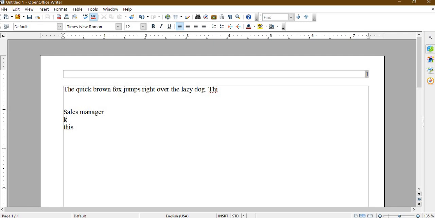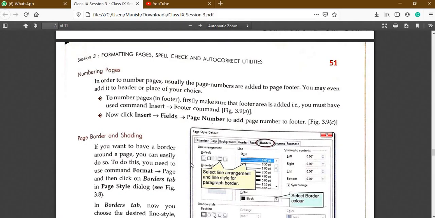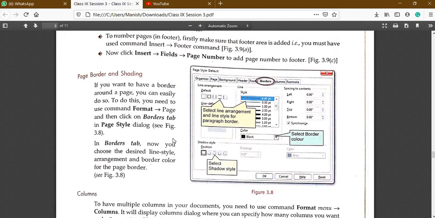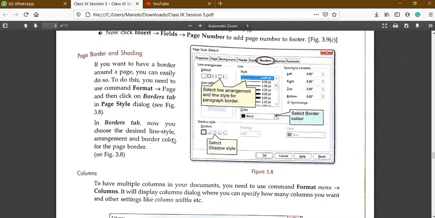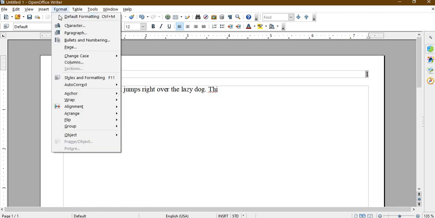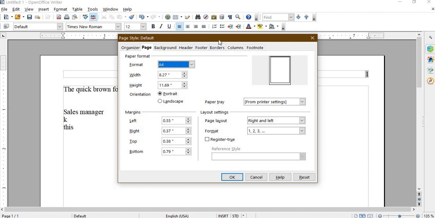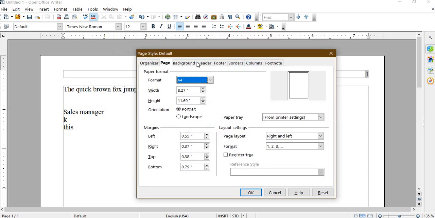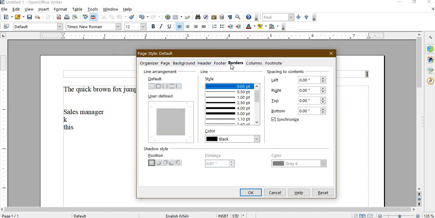Okay. Next is page border and shading. If you want to have a border around the page, you can easily do so. So for this, what we need to do, format and page. So we have to go to the format and page. This is border.